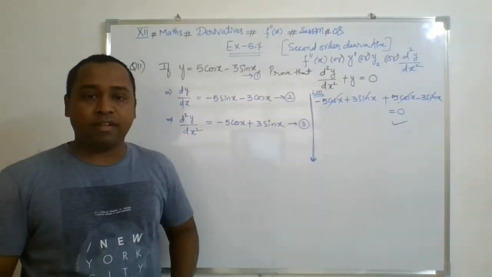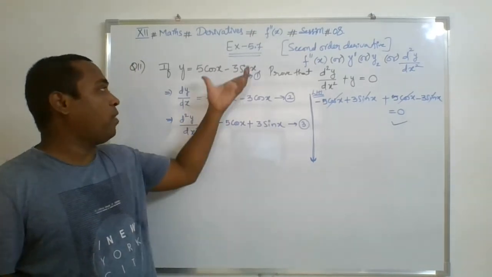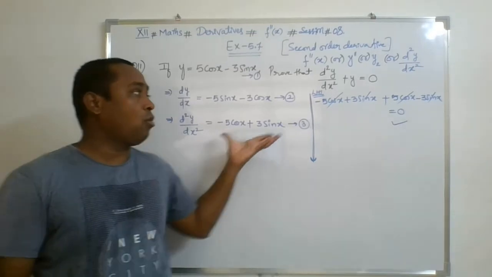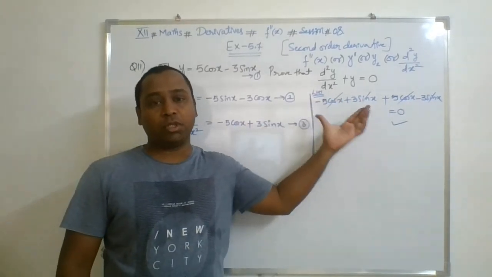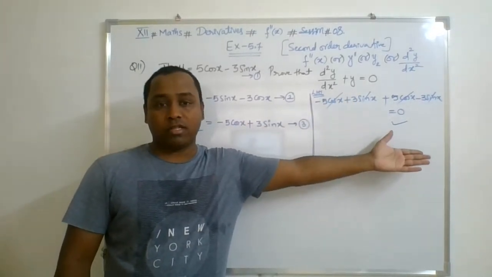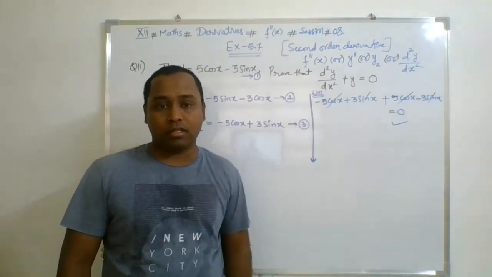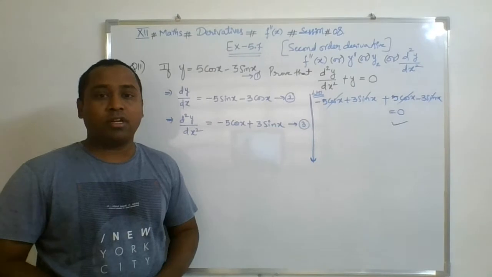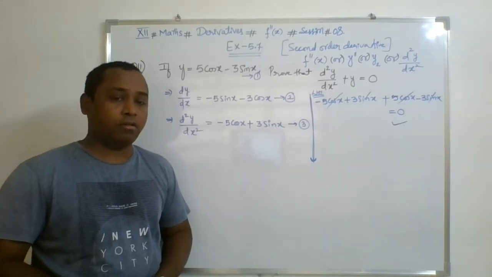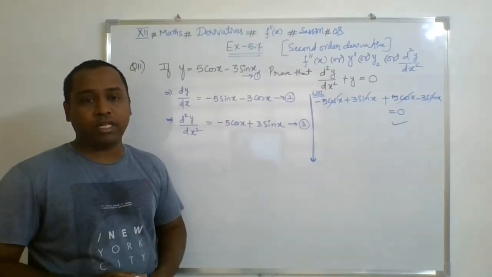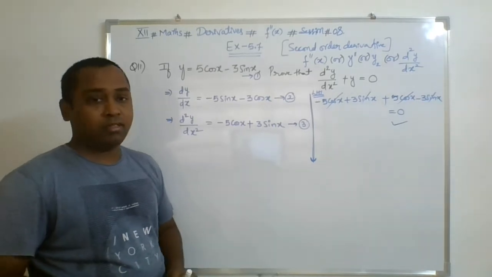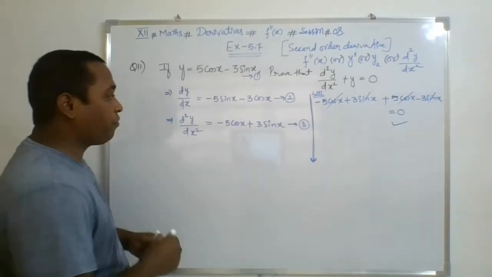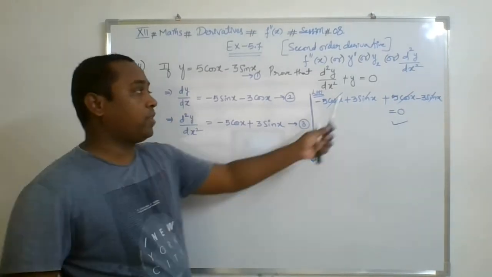Everyone can do it and everyone can understand that once you do the single derivative and double derivative, you go for substitution in the given equation to make it satisfied, or to prove that LHS is equal to RHS. The second way: the people who are good at calculations and good at the thinking process may think rationally. How? The alternative way to prove the same thing.